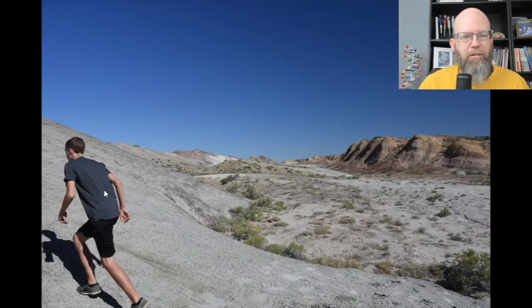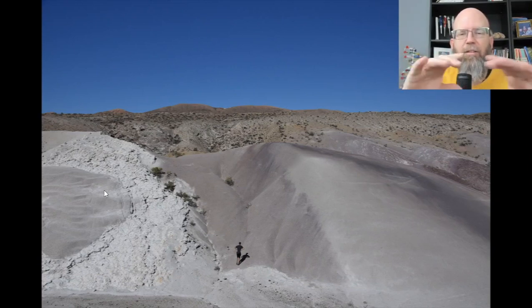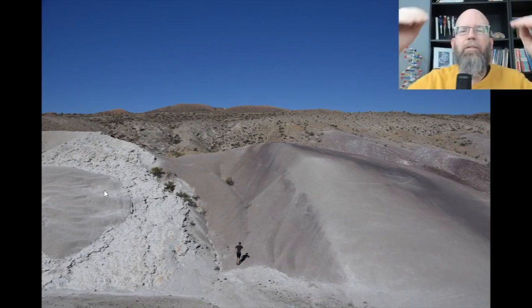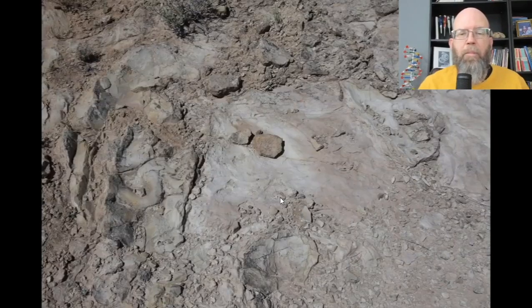That's one of my sons walking up the side of this shale that's everywhere, just to give you a sense of scale. So here's a whole layer of this shale. And then we're climbing up over that, and we get to another ridge. You have to kind of go down, climb up to the next ridge, go down, climb up the next ridge. So it's one after another. There he is, way off in the distance, and I'm falling way behind.